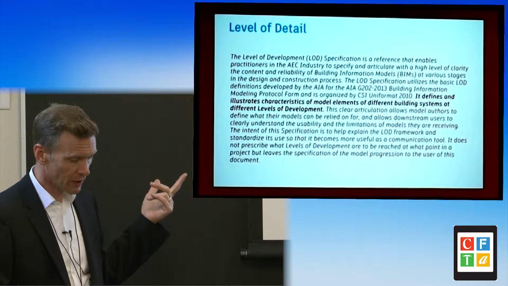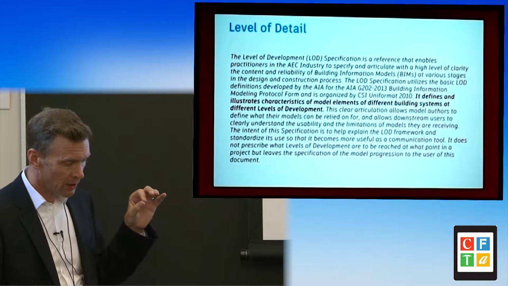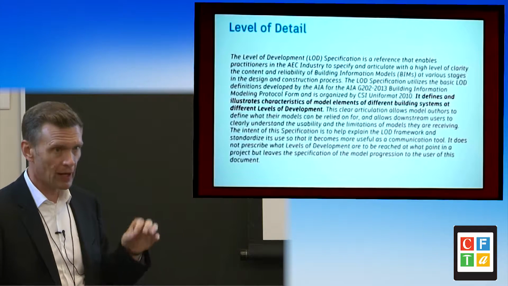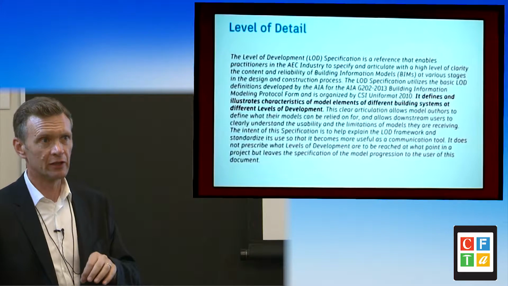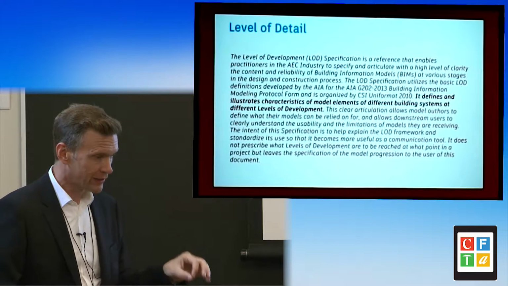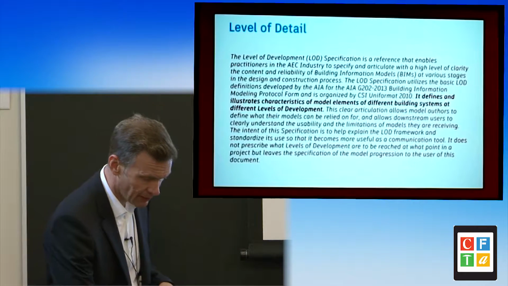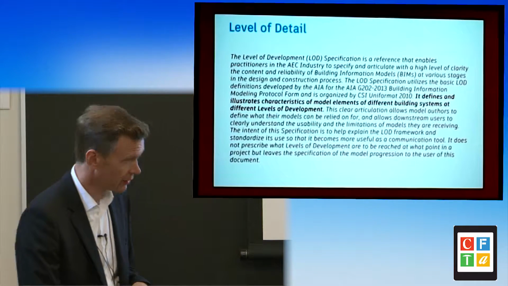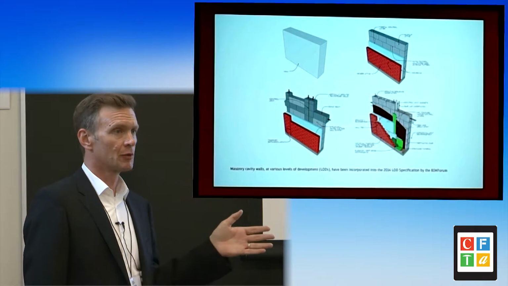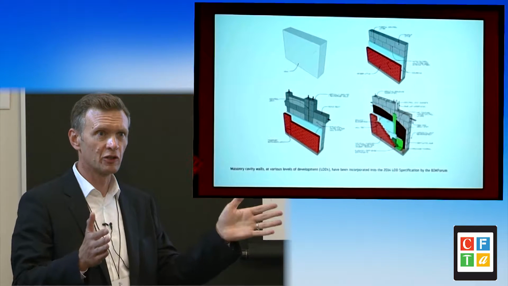And really, what it does is, and I've highlighted the one relevant thing so you don't have to read the whole thing here, it's really about defining characteristics of the model elements and the amount of detail associated with them, and then defining that at different levels of project development. An LOD runs typically, and I say typically because there's some disagreement about this, between 1 and 500. Some groups, and this image is from the BIM forum, have introduced a level 350 to fine-tune this between 300 and